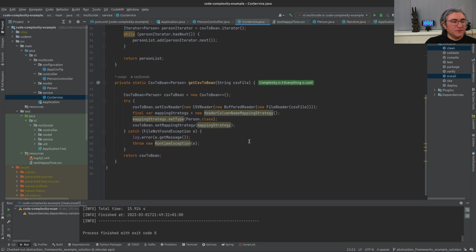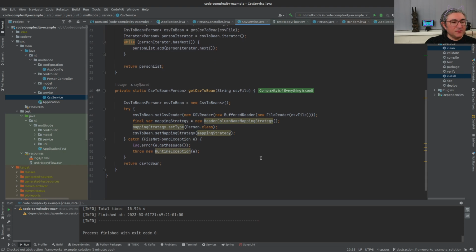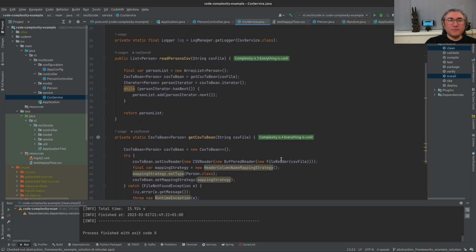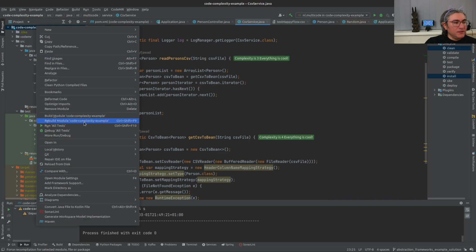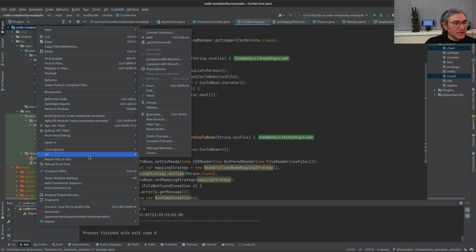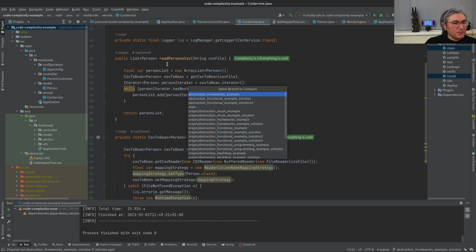So I'm not very easily able to show you the comparison. I can go back in a bit to the other branch and show you the file just as well. Actually, we could do a complete comparison, and then I am able to do so. Git compare with a branch,